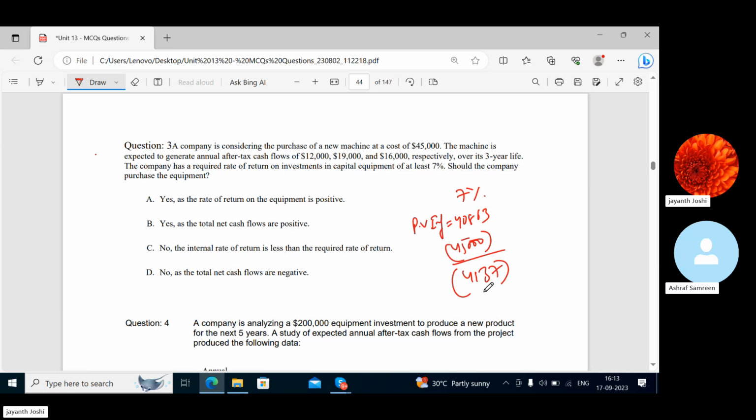We can find out the IRR if we have a positive NPV as well. At 7% itself we are getting a negative NPV, so we will now search for some rate, that is 2%, at which we can get the positive NPV. So we shall do the discounting. 45,000 is the initial investment. 12,000 into